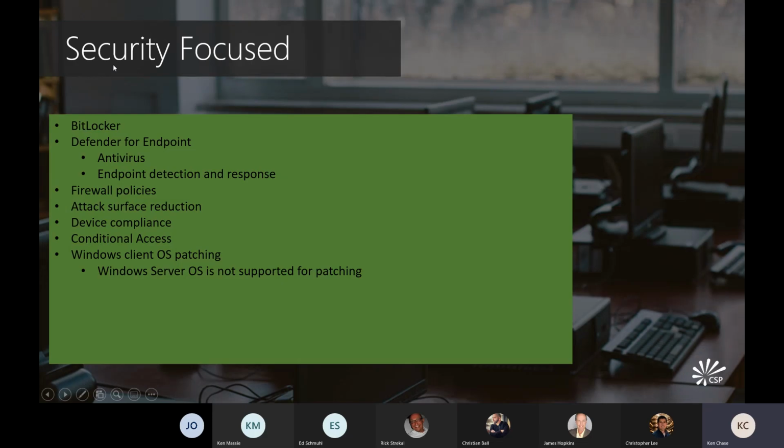So again, the big thing here with the Intune piece with the Windows desktop is it gives you the ability to really focus on the security of the device and making sure that that device has all the components from a security perspective configured and enabled to make sure that the data that your users are accessing is secure. Just like if you're thinking about your mobile device management, similar process or similar thought process